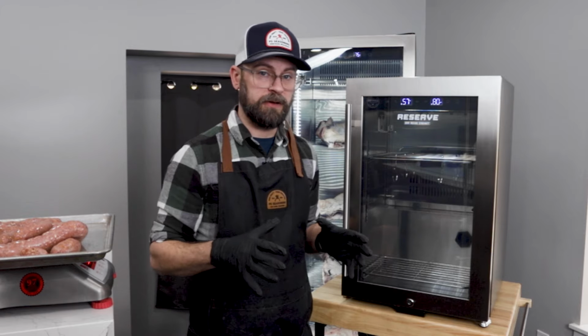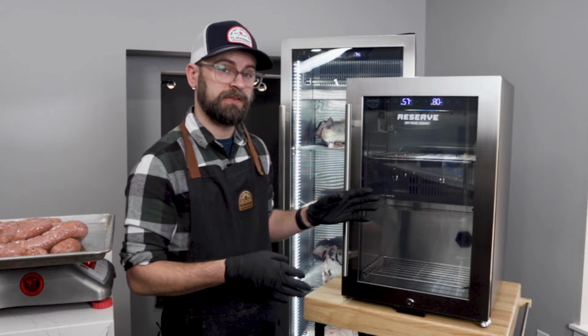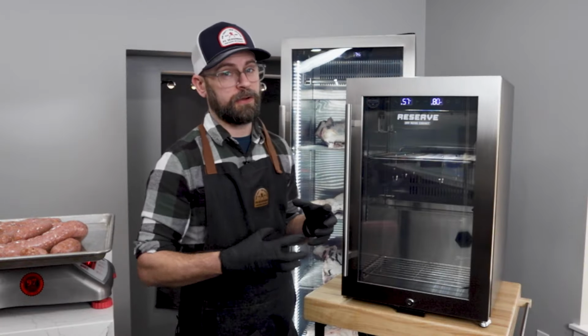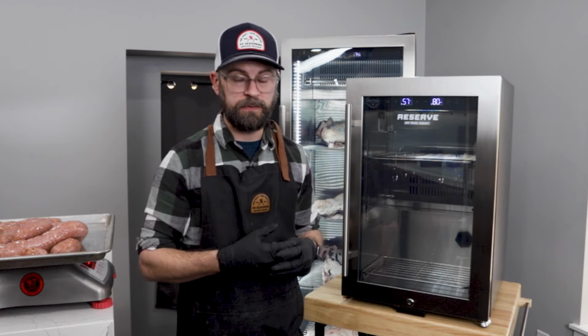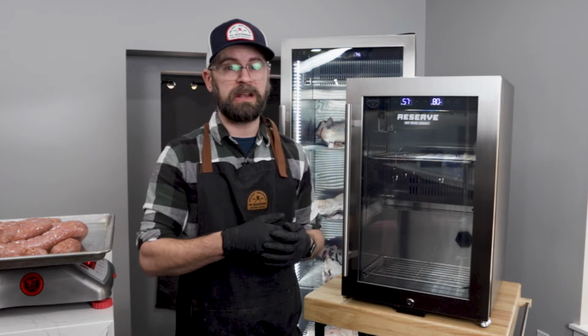And for our dry aging, we're going to be using a product from our sister company, Pro Smoker. This is the Reserve 50, which is a dry aging cabinet that is available online now. Now this unit is a great at-home size. It's going to be big enough so you can dry age a primal cut like a short loin if you want to cut some steaks eventually, but it's also great if you want to make some small batch charcuterie like